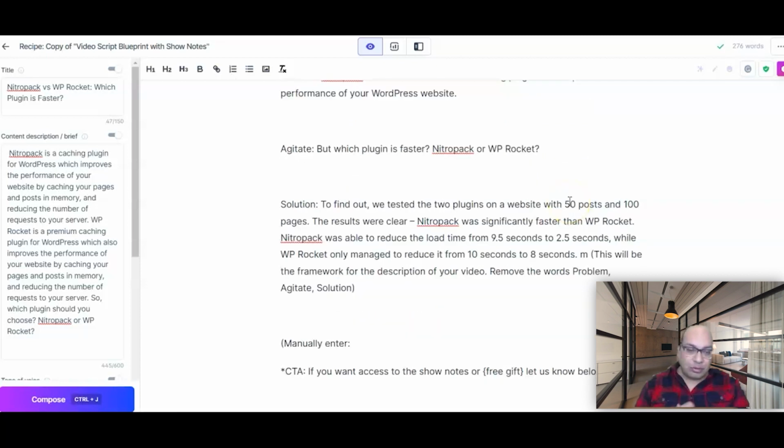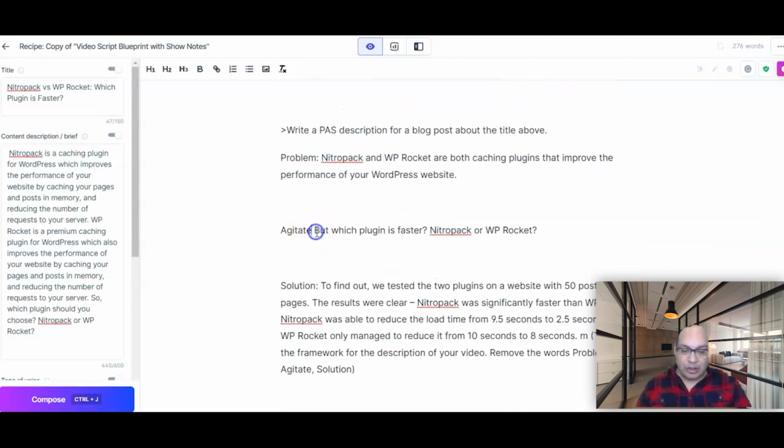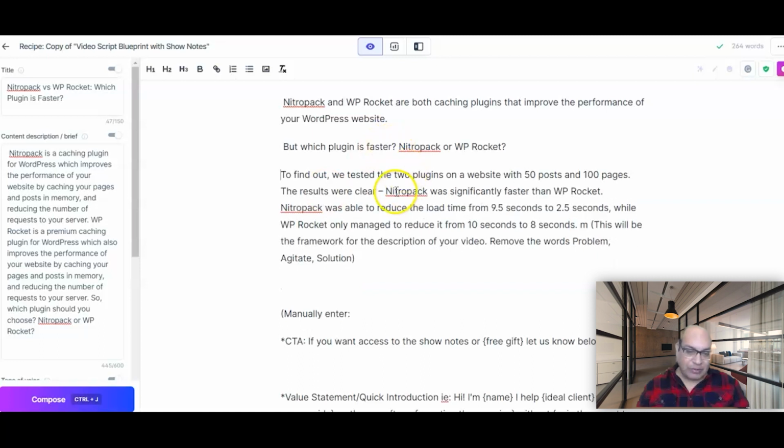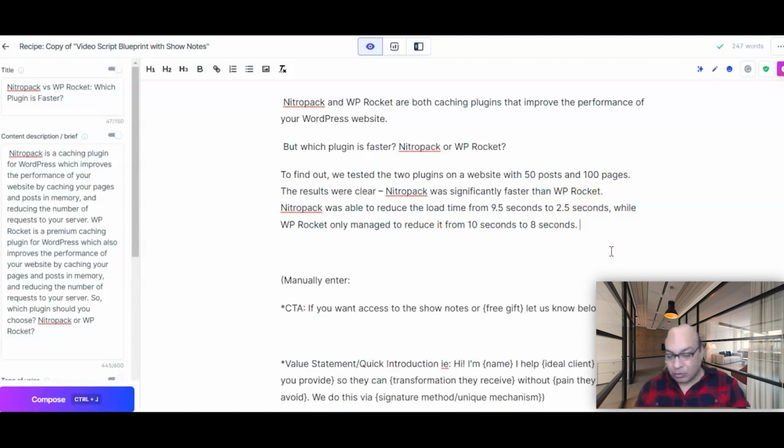Again, just as a side note, anything that Jasper comes out with on the technical side, you should double check, or try to rephrase, or do it yourself. You could do your own testing and fill that in, so don't take it at its word, but the point is how easy it is to write a YouTube script, right? So again, we just have to do a little bit of searching here and see whatever it comes out with. Is it correct? Or we can do a test on our own website, right?